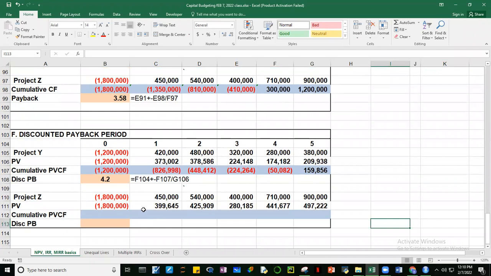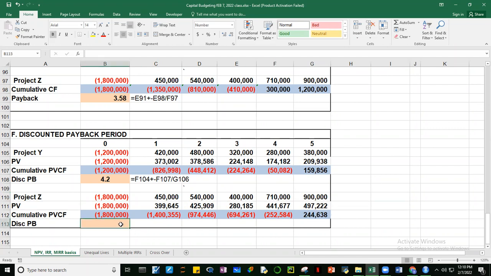There. So, I copied the present values of project Z. Of course, pwede rin naman natin finormula dito. And then, once again, i-accumulate natin. Pwede natin copyhin to. Copy to the right. Yeah, so it will keep on adding, no? Add.